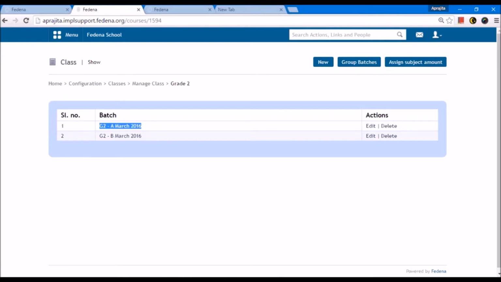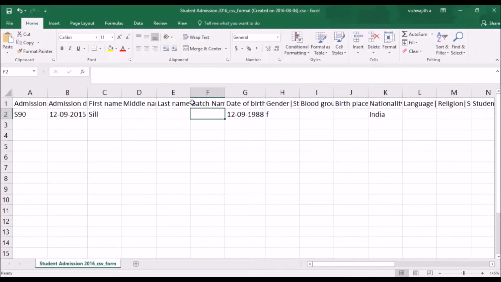Now this is the batch name. I must copy the same and paste it in the sheet. Here I will paste the same in the sheet. Please ensure that there are no extra spaces when you're pasting this value. Once I have done that, these are the mandatory information that must be filled in for each student.